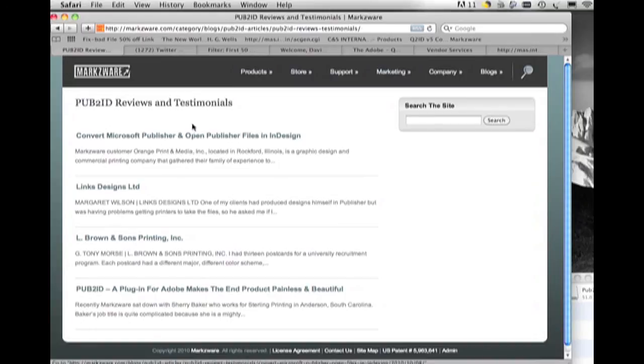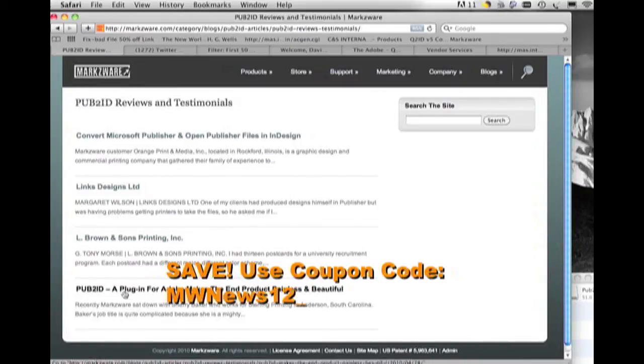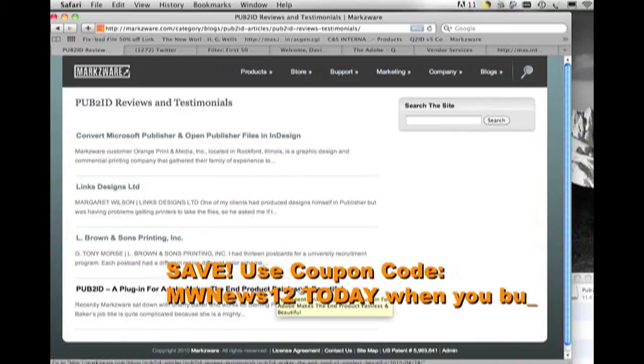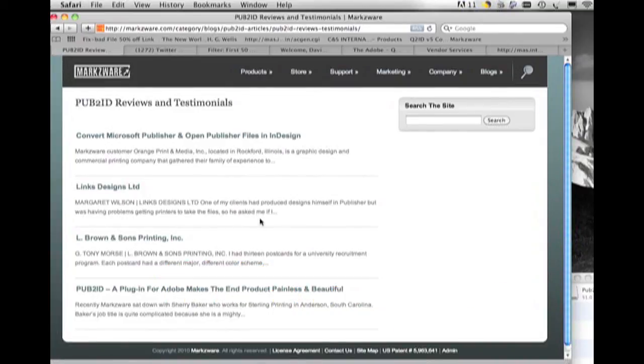And there you can see all the informative articles and information, user testimonials, user stories on how well Pub2ID worked for them. As this customer said, a plugin for Adobe makes the end product painless and beautiful. Well, I don't know if we can make it any more beautiful than what you've designed, but Pub2ID will certainly help you migrate from Microsoft Publisher right into Adobe InDesign.